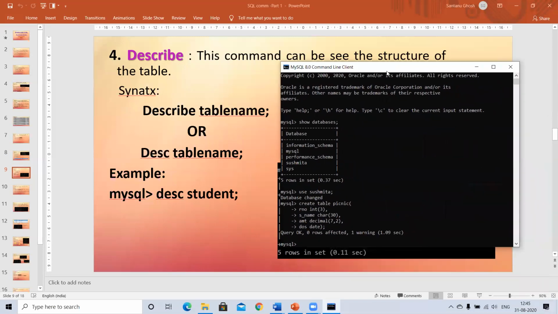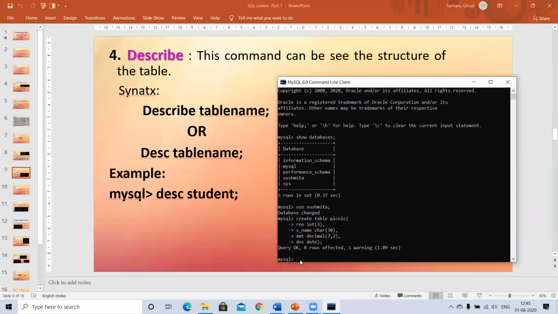Now let's try and check it out here practically. Now I want to see the structure of my table student. So it goes as DESC. I'm used to using DESC more than DESCRIBE, but do remember, once it was asked in the board exam and one of my children couldn't attempt it, gave a wrong answer because we were so used to using DESC. DESCRIBE is also correct. So please remember that.